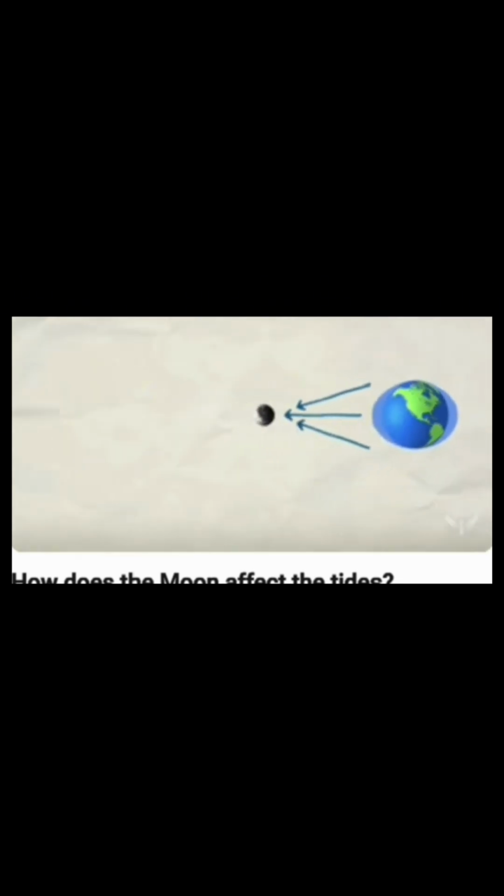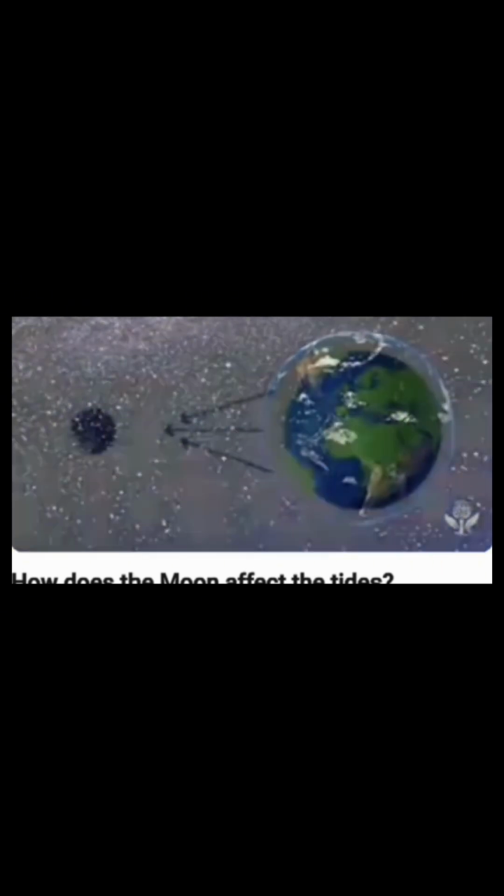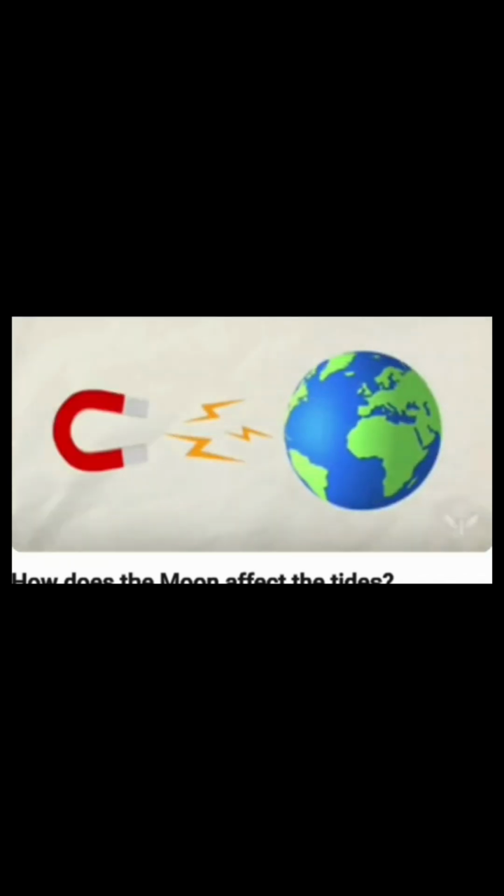Yes, even stronger than the gravitational pull of our enormous sun, because the moon is closer to Earth. The closer two objects are together, the stronger the gravitational pull between them. The same reasoning explains why Earth's tidal bulges occur where they do. The moon is like a magnet, pulling Earth and its water bodies toward it.